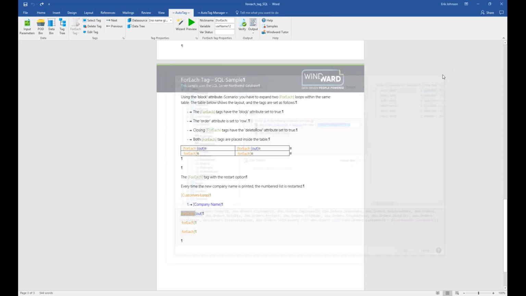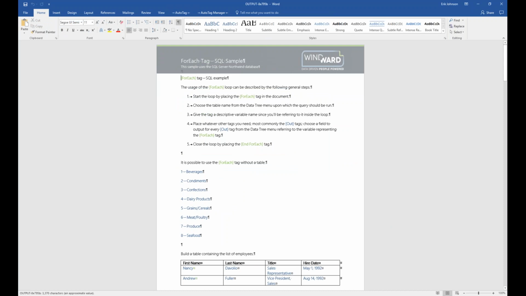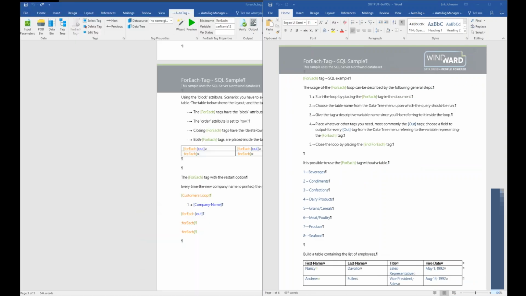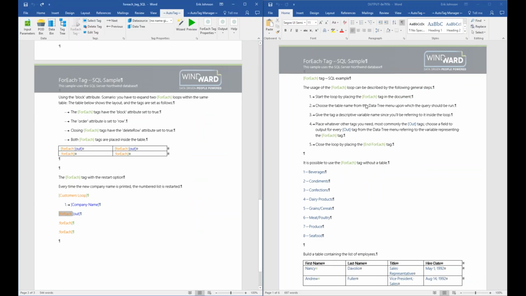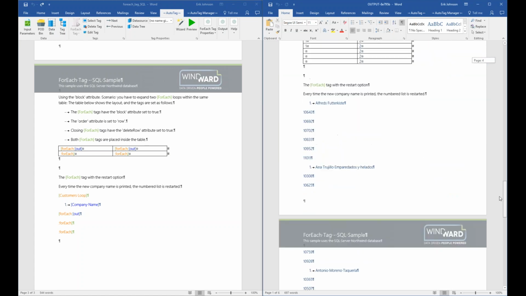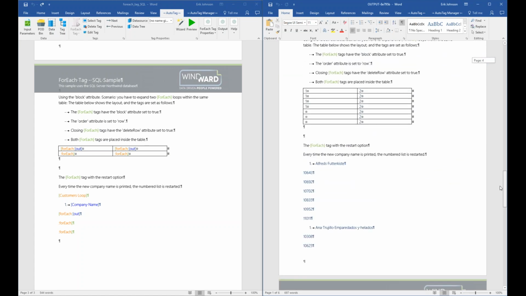Okay, and close this. I'm going to generate the output again so I can see it one more time. All right, split the screen and scroll all the way down to the example right here. All right, what I now want to explain is what is actually happening when we generate the output with the